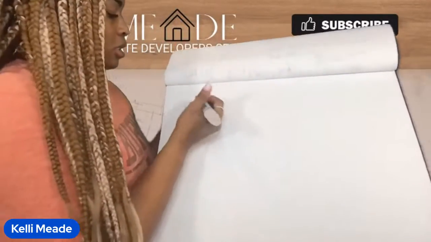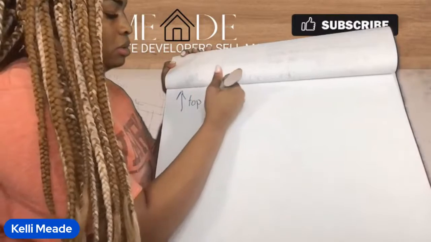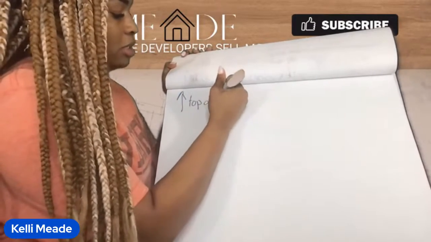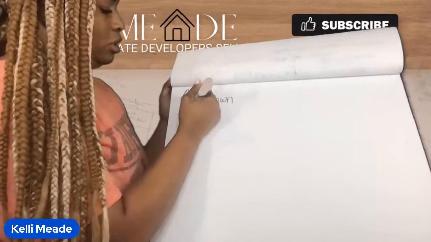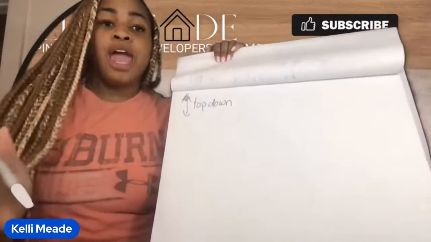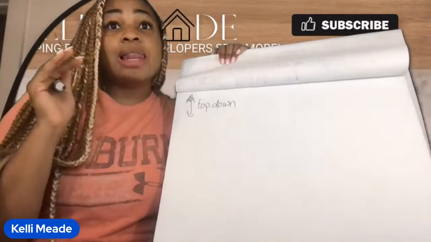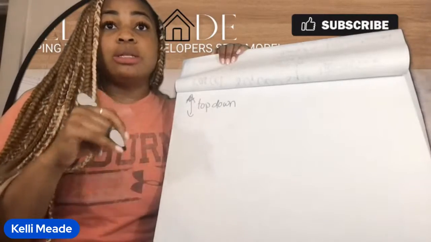Okay. So, top down approach. I'm sorry, top down should be top down approach. That should go this way. Okay, top down approach is, let's say you have identified land and now you want to, before I do this,